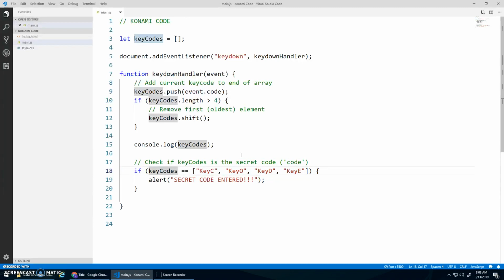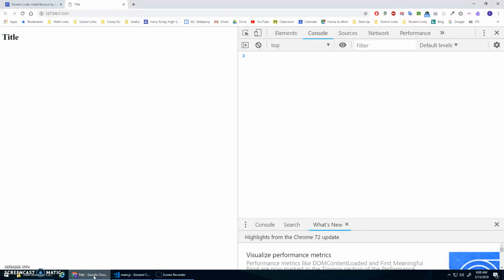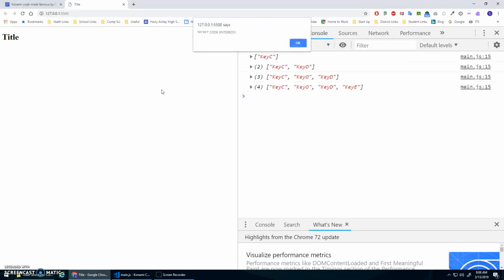So, easiest way, remember, do that dot join, which will convert keyCodes into a string, and let's just do dot join here too. That'll take this array and convert it to a string, and then I will check for equality on the strings. And then hopefully it will work. CODE, secret code entered, and magical $10 bills could fall down,